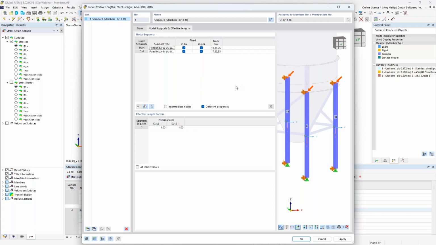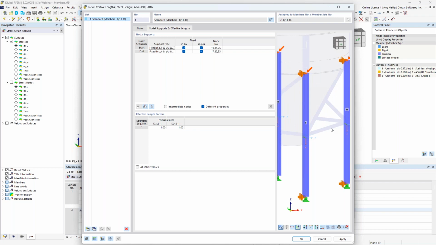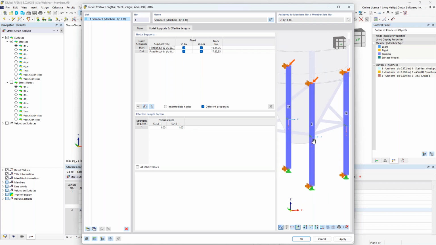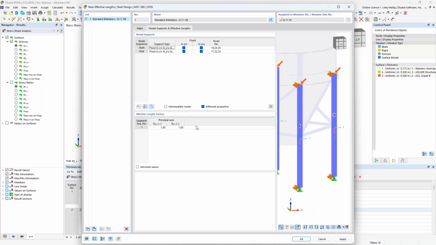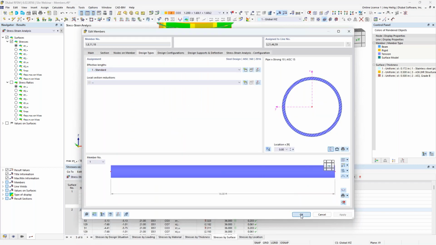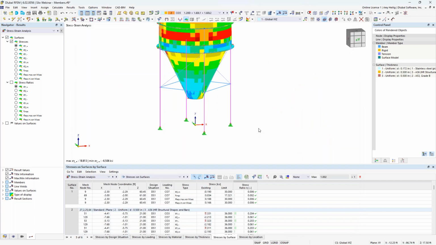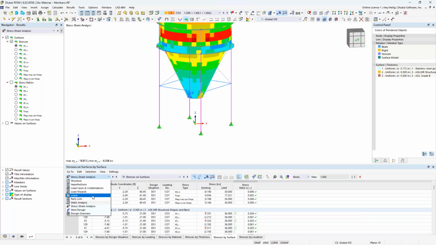lengths for flexural buckling. But remember that we also have these smaller pipe segments here framing into both the strong and the weak axis for these columns. So we can add in that intermediate node, go ahead and manually place in that intermediate restraint. And now the unbraced length will span between these intermediate nodes at 8 feet or 1/2 the height of the full column. So now that this information is defined here, what we can do is to drop down to the